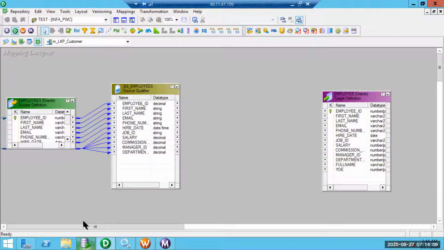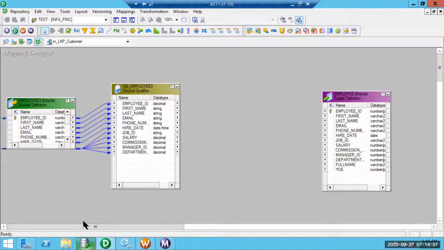The second thing is it is always going to return only a single output, as in we can return only one thing. In case we want to return multiple things, we might need to concatenate or do some manipulations in the lookup SQL override and return that port. Probably I'll show you that also in the current session.